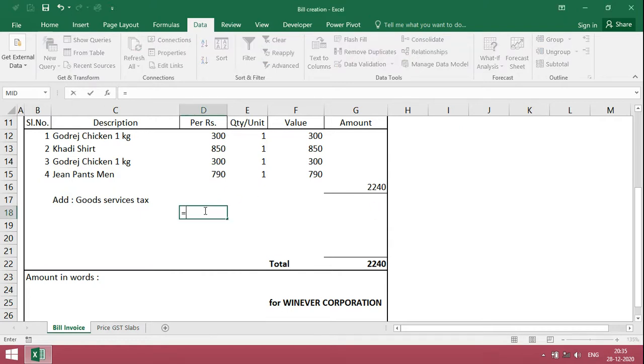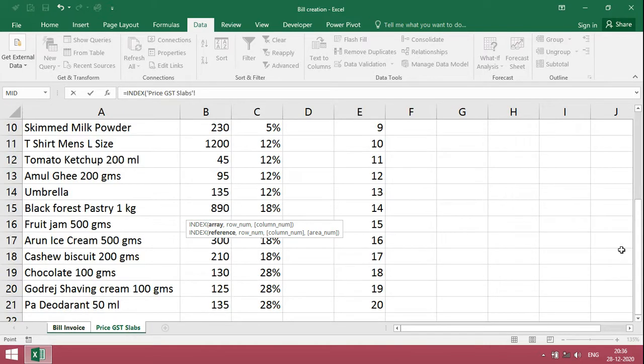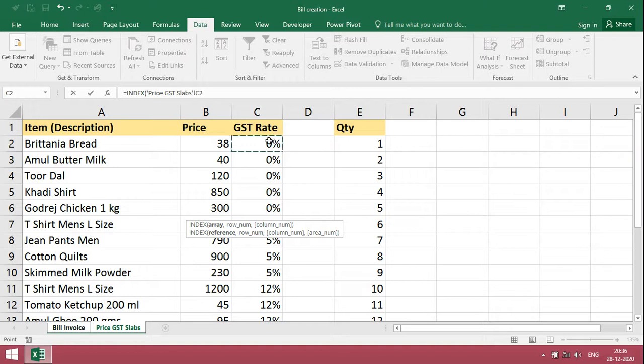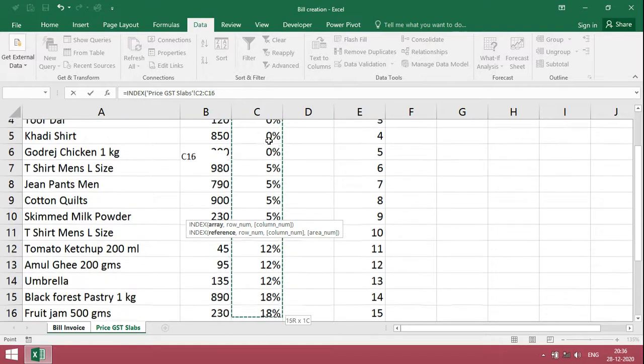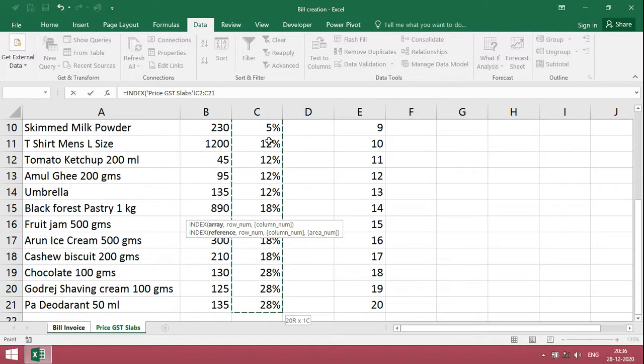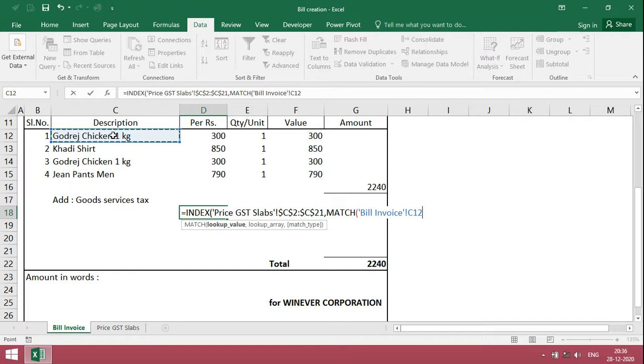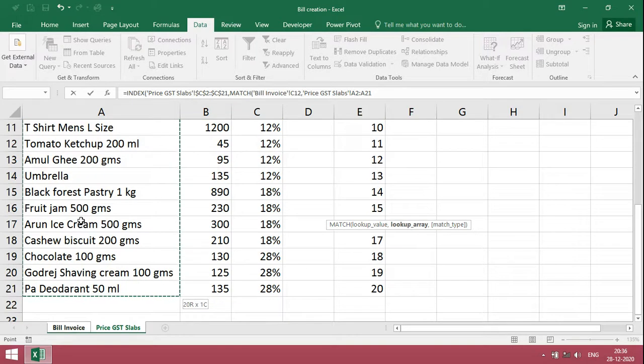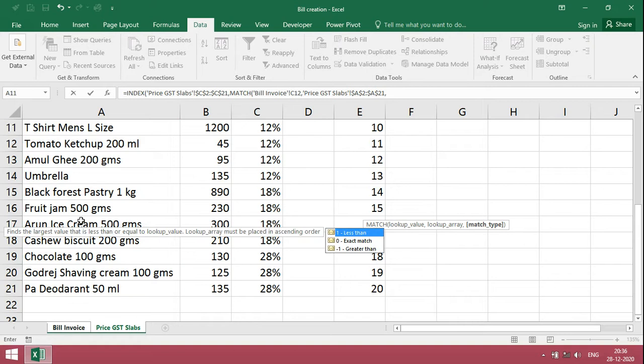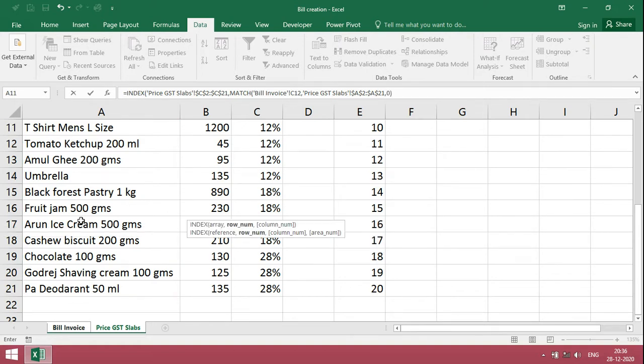For that, use INDEX MATCH. INDEX, then for getting GST, click on the price table, select C2 till C21, freeze, comma, MATCH, C12, comma, select from A2, freeze, comma, 0 for exact match, bracket close, enter.